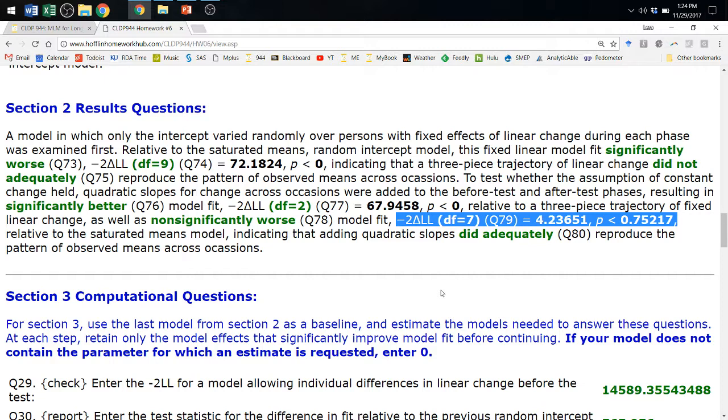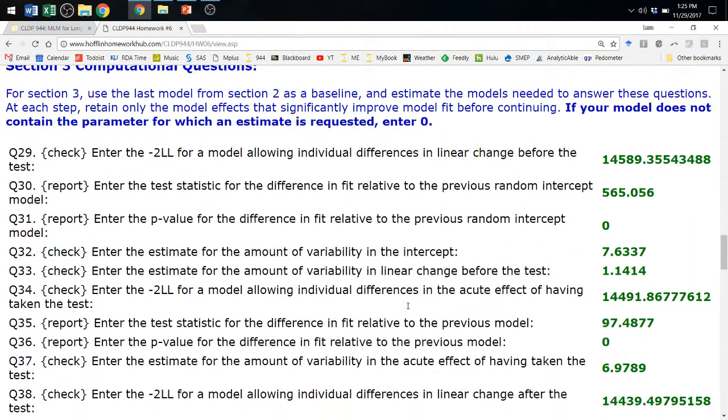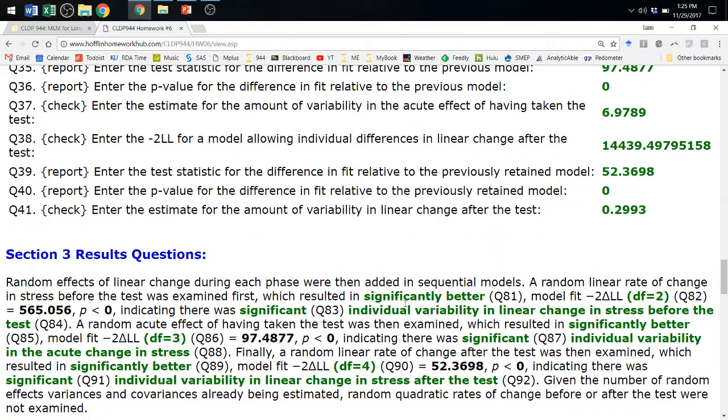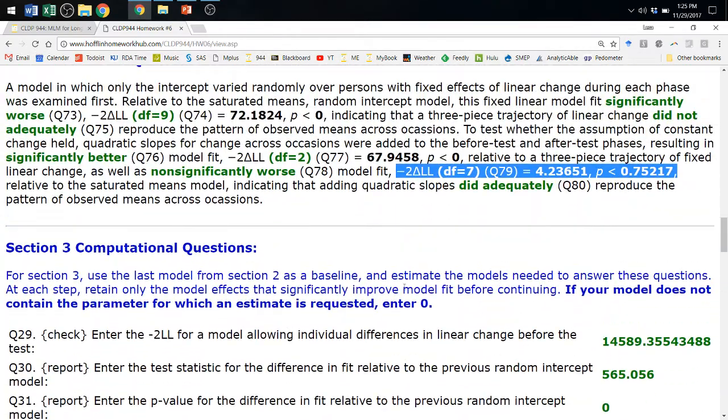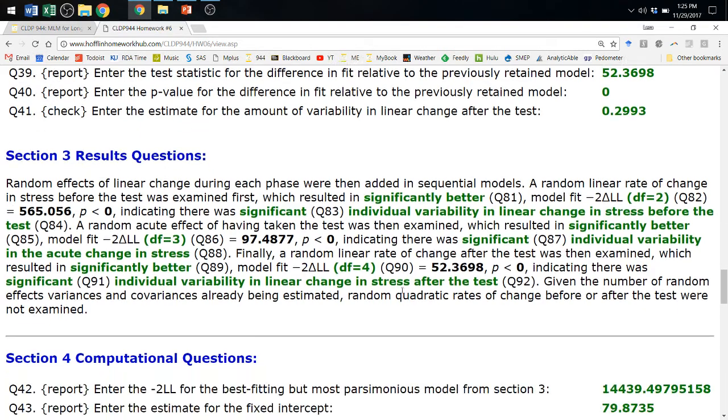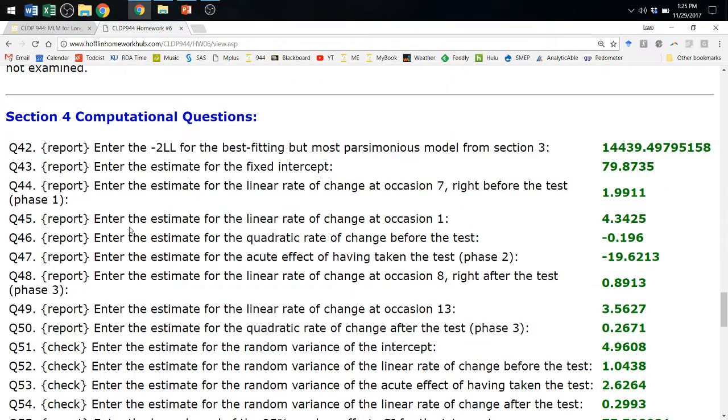Lucas, you want to, I can see it. I was wondering about number 45 and 49, computational questions. The estimate of the linear rate of change. I'm not for the life of me figuring that one out. I thought it was the first